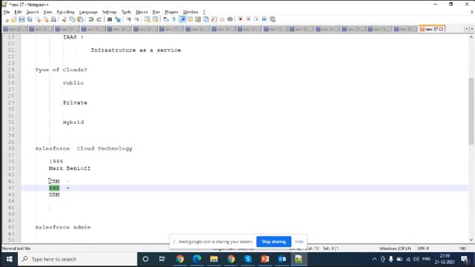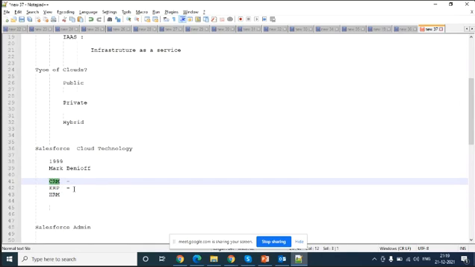CRM is nothing but, after you develop a product, it should come to the market and you sell that product. That is called CRM, Customer Relationship Management.